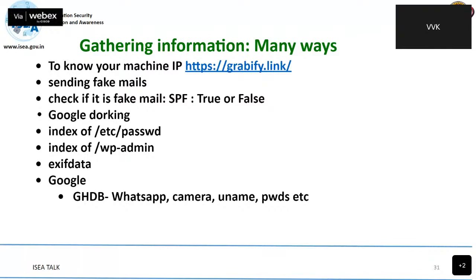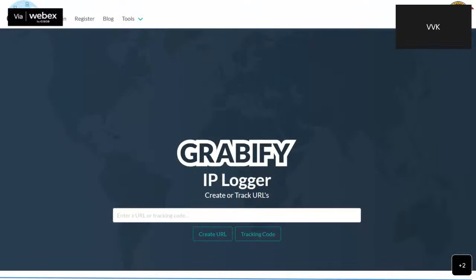Or people can send fake mails, or there is something called Google Dorking, which helps in specialized searches. And how to dork, how to search, how to make a specialized search is all published in something called Google Hacking Database. I'll show you those. So this is the Grabify link I was talking about. So somebody can visit this website and create a URL.